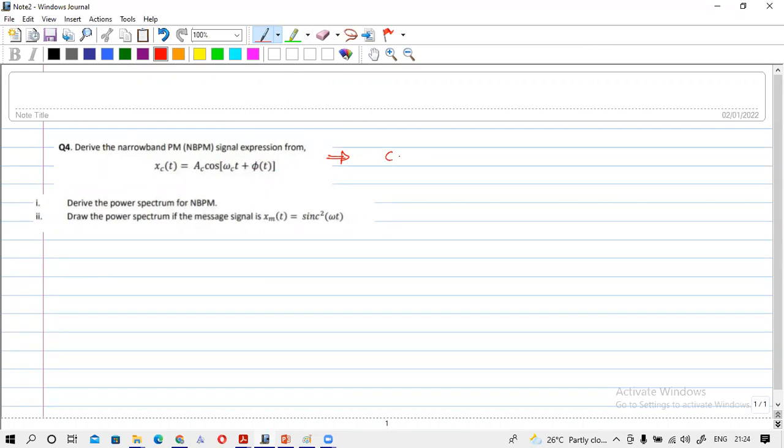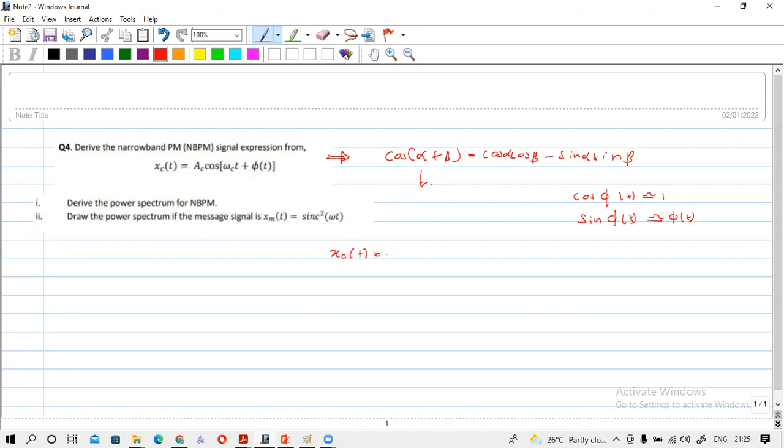I think you can remember that we have used the identity cos(alpha plus beta) is equal to cos alpha cos beta minus sin alpha sin beta. And in the narrowband assumption, we have assumed that cos phi(t) is nearly equal to 1 and sin phi(t) is nearly equal to phi(t). So using this identity, we can write this as